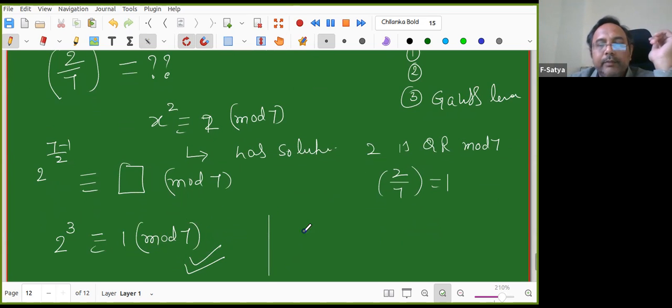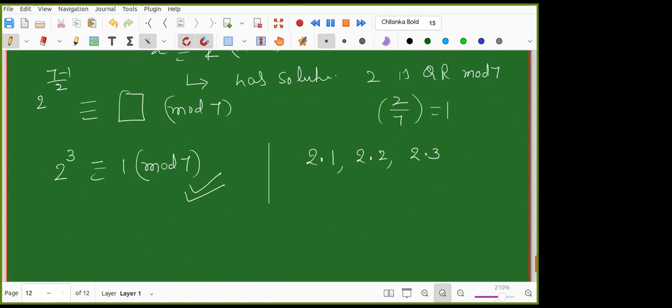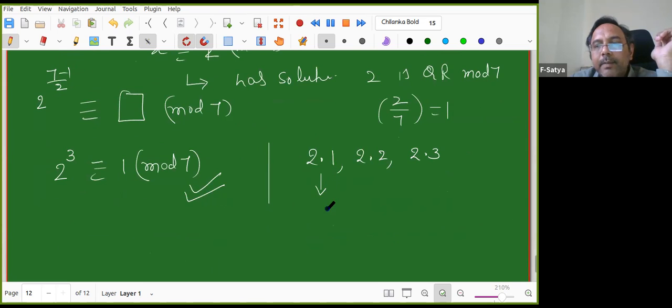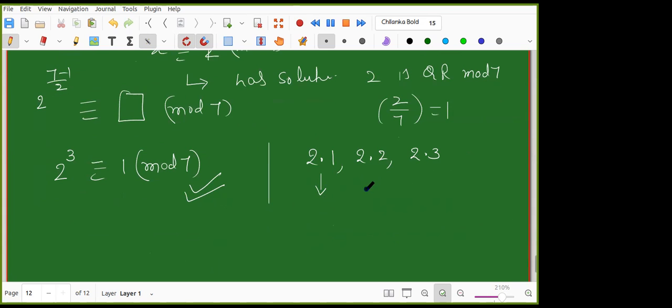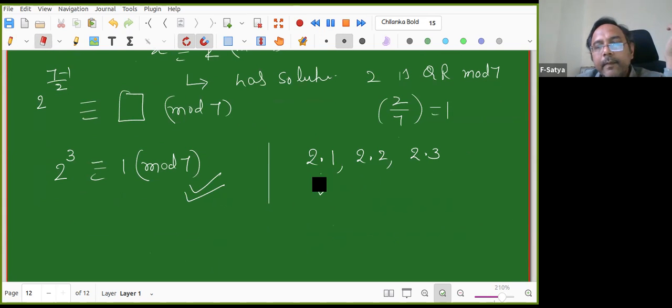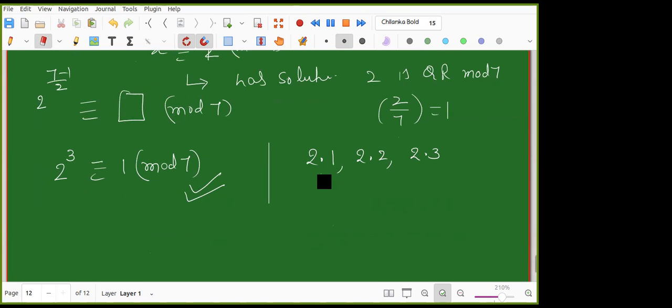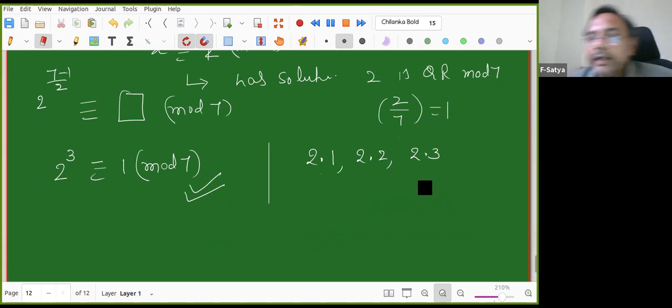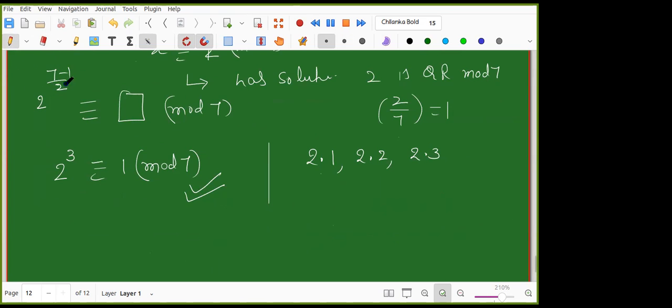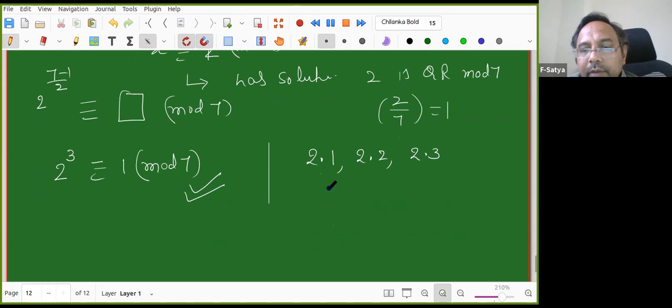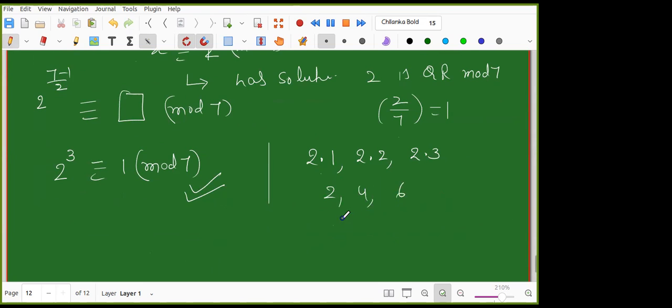Now apply Gauss lemma. In the Gauss lemma, you compute 2 into 1, 2 into 2, 2 into 3. Am I correct? Later I divide them by 7, but they will not go beyond 7. Why? They are less than 7, because I'm multiplying by 2 and going up to (p minus 1)/2 only. So these are exactly the even numbers between 1 and 7. Correct? Good. So now how many of them are greater than